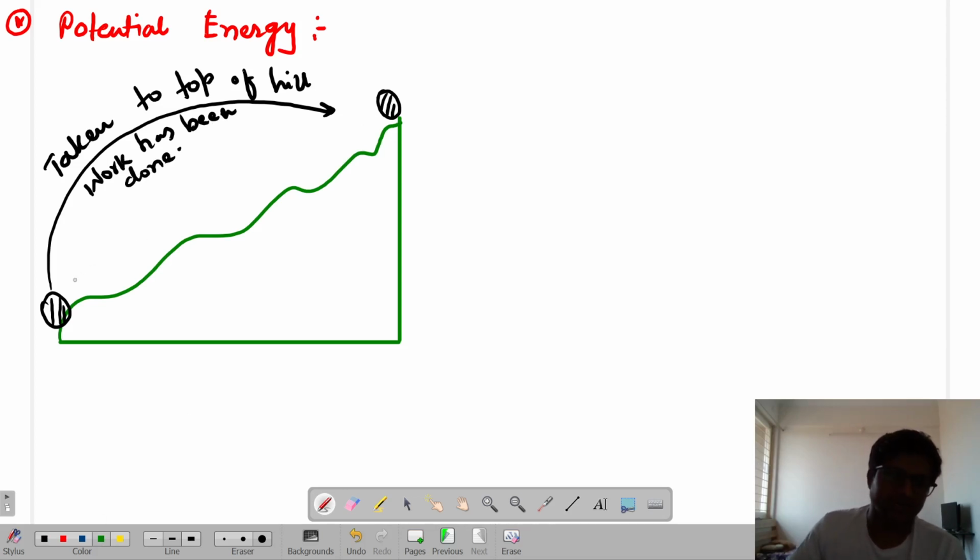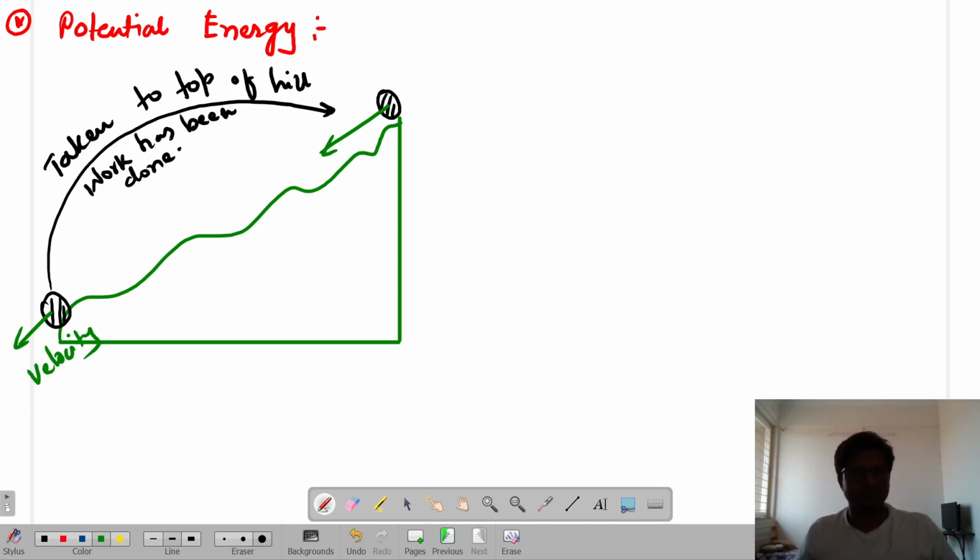Now you only see that when the body which is kept over here, if I just release it, when it will once again come down, at the downward point it will have some velocity or not? It will have some velocity. That means, although when it is coming down, no one is trying to do the work, isn't it? We say that gravity is doing work, but keep in mind that no one is trying to do the work. It is coming automatically downwards. Are you able to get me or not? So when it is coming downwards, it gets its velocity or not?